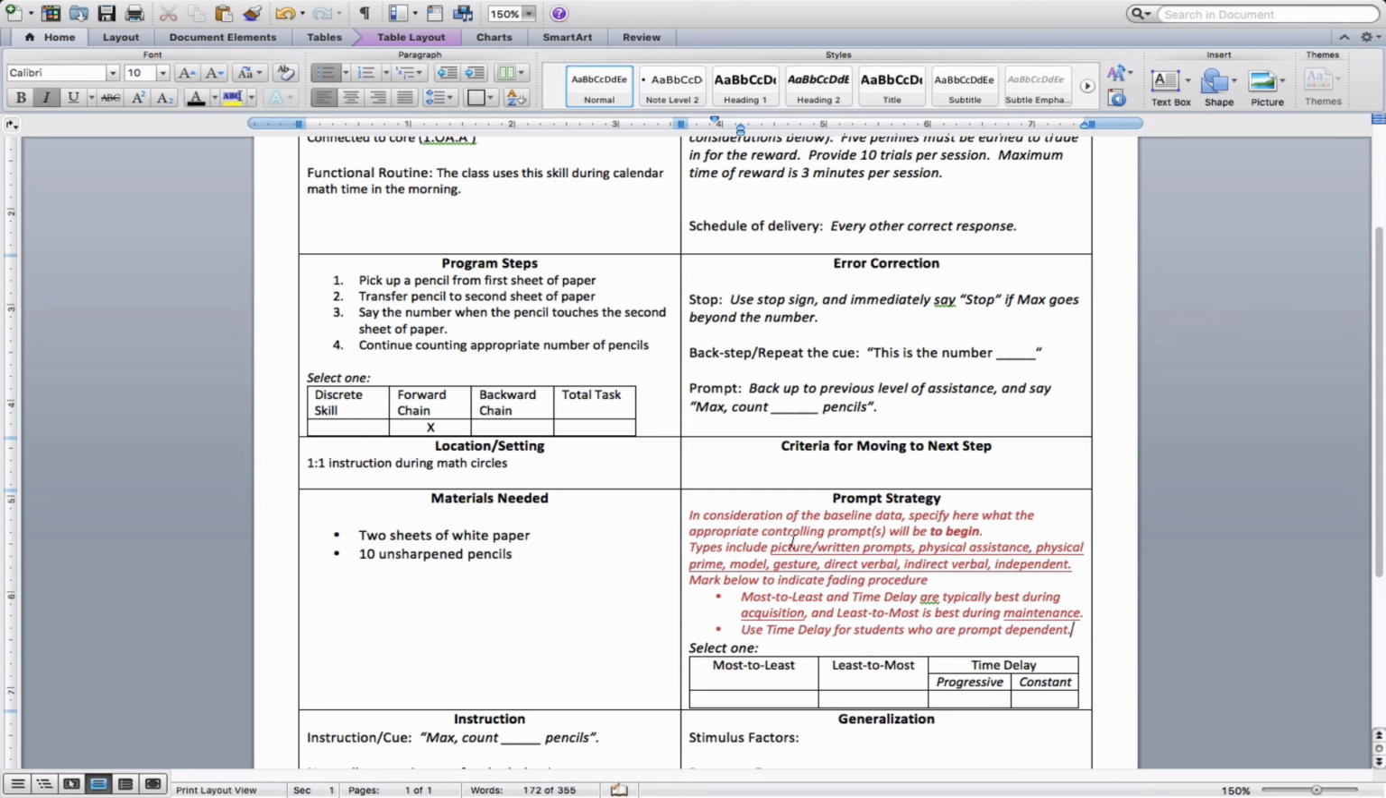Okay, so as we mentioned here, it's most to least and time delay are typically best during acquisition. We are in that phase of acquisition. This is not a skill that he's forgotten. In fact, we see more of the least to most when we're working with older students because we've worked on these things. Let's say that we're going to do a progressive time delay this time, meaning we're going to start